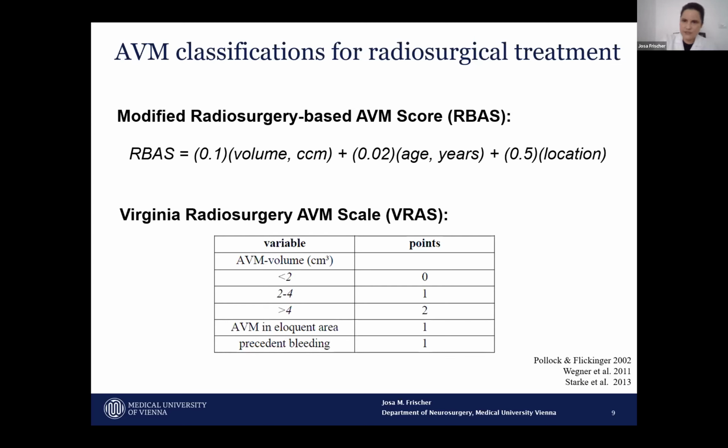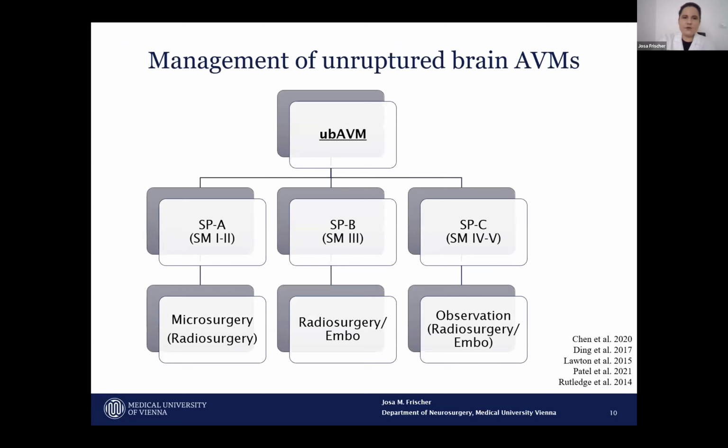Which, especially for the decision whether to do radiosurgical treatment or not, is actually a very important factor. Okay, so which already brings me to the discussion. As I showed you, I specifically selected those two cases. There is a ruptured and an unruptured AVM. So of course, if you talk about the treatment of AVMs, it's a huge difference, as already mentioned before in the talk, if you talk about the treatment of a ruptured or even unruptured AVM.